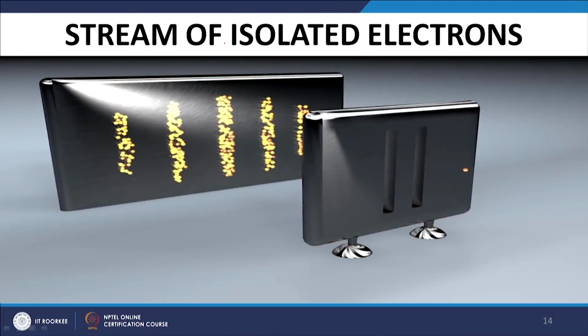In fact, it is observed that when one electron is made to pass through the slits, it strikes the detector screen O at only one point,